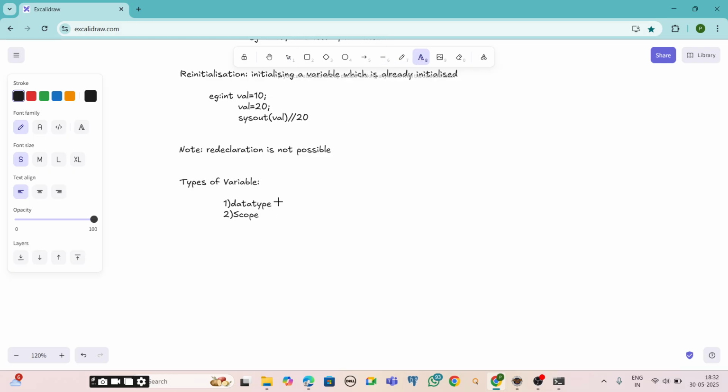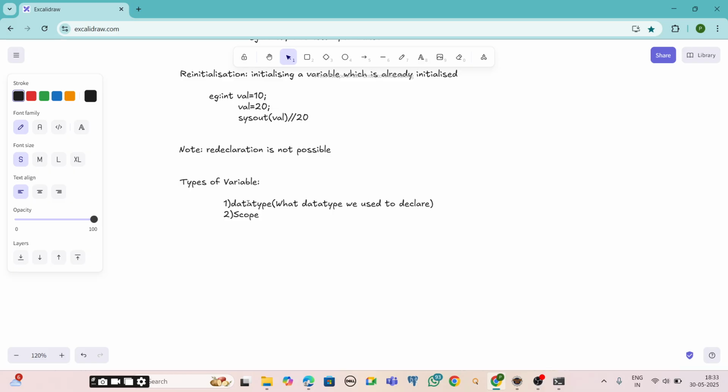So what is data type? It is what data type we used to declare.